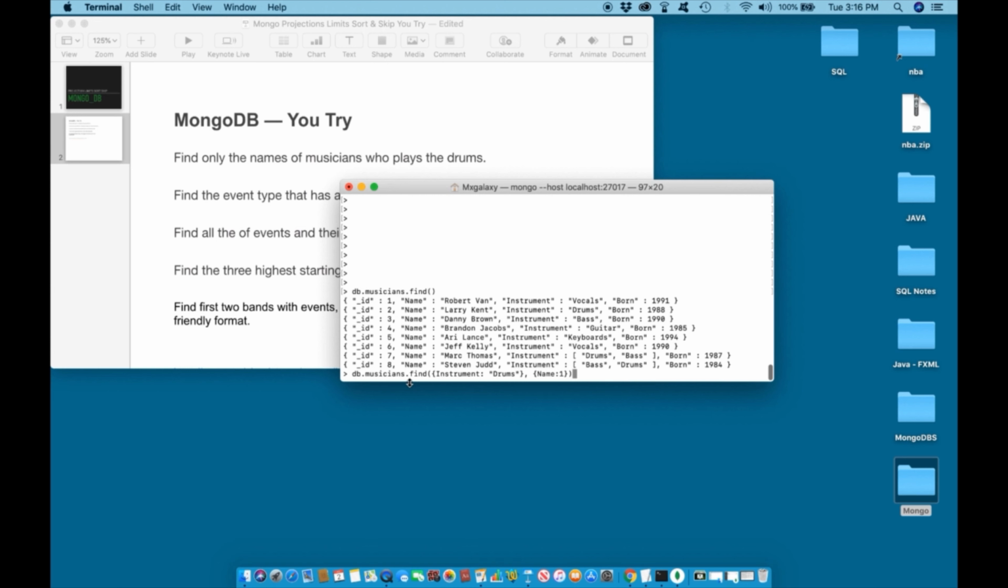This is a projection query. We are looking to project information about musicians from the musician collection who play the drums. Information about the type of instrument played is stored under instrument. We are looking to project only the musician's name. Hit enter,